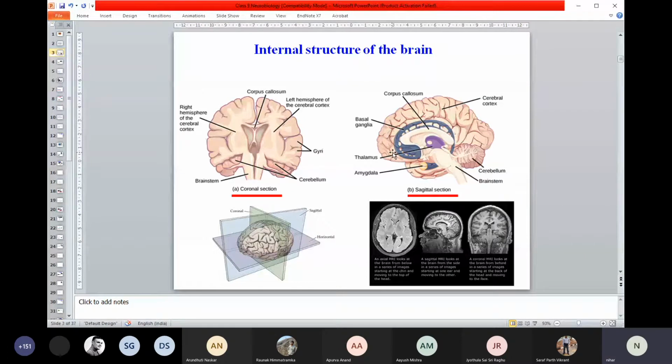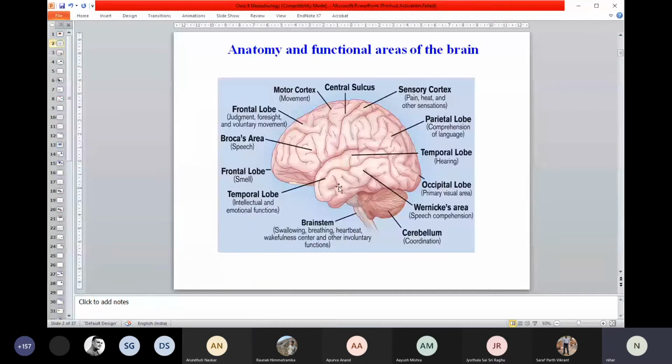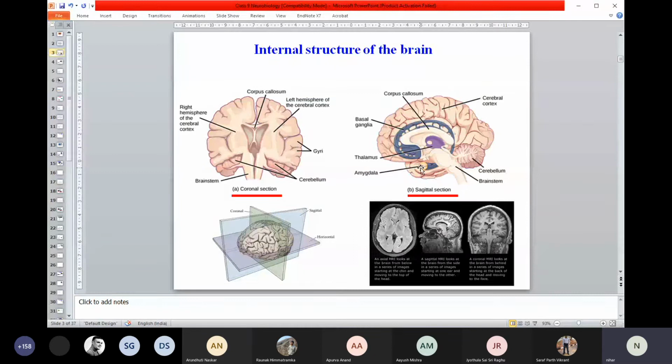Now, if you cut your brain from left side to right side or right side to left side, that kind of sectioning is called sagittal sections. If you do that, if you just see the mid sagittal part, you can see some of the internal areas. Some of the names are complicated, but at least you see one of the names here is called amygdala. This part, the temporal area, is the area that is responsible for your emotion, yes, emotional function, and the back of it is the hippocampus that stores your various kinds of memory, and so on.